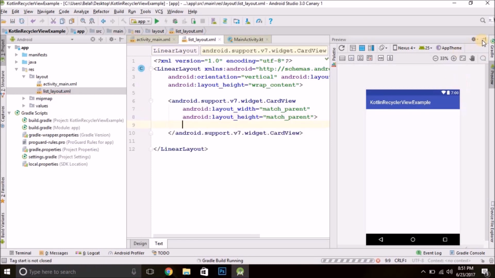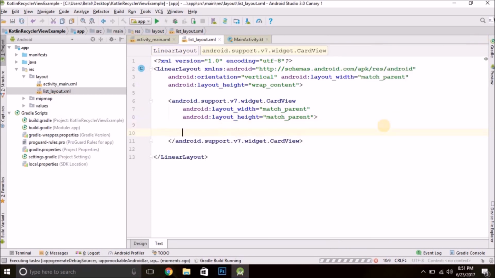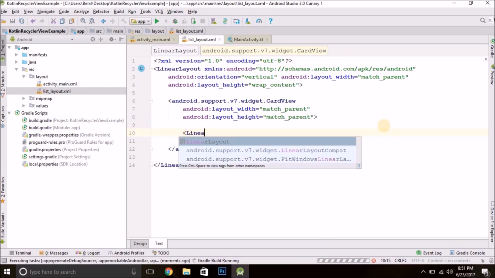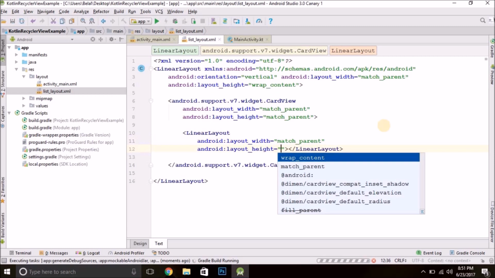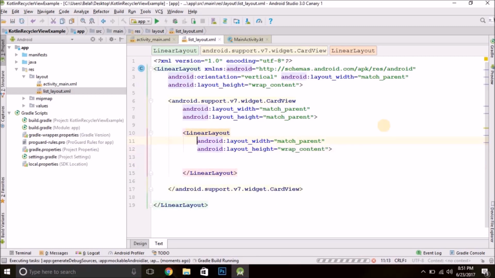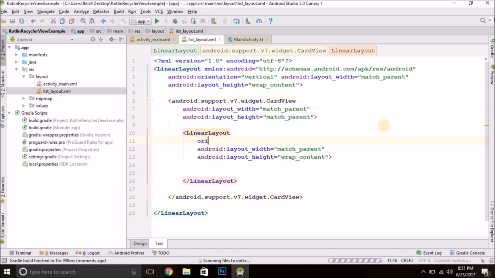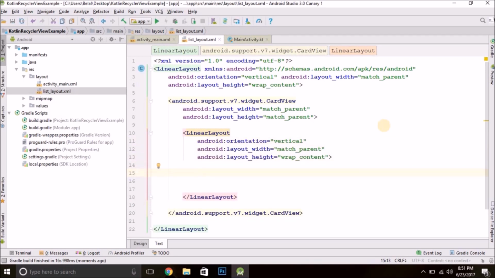Make it like this, and inside the card view we will create a linear layout and the orientation would be vertical, and inside the linear layout we will create only two text views.